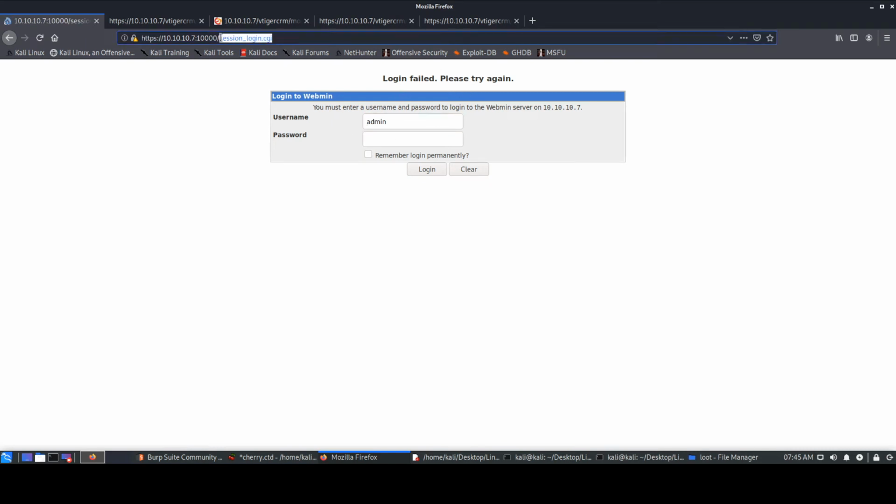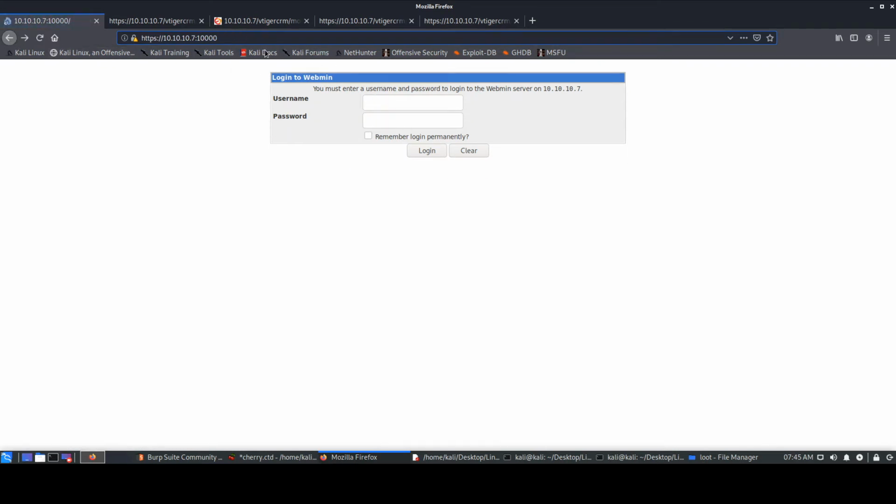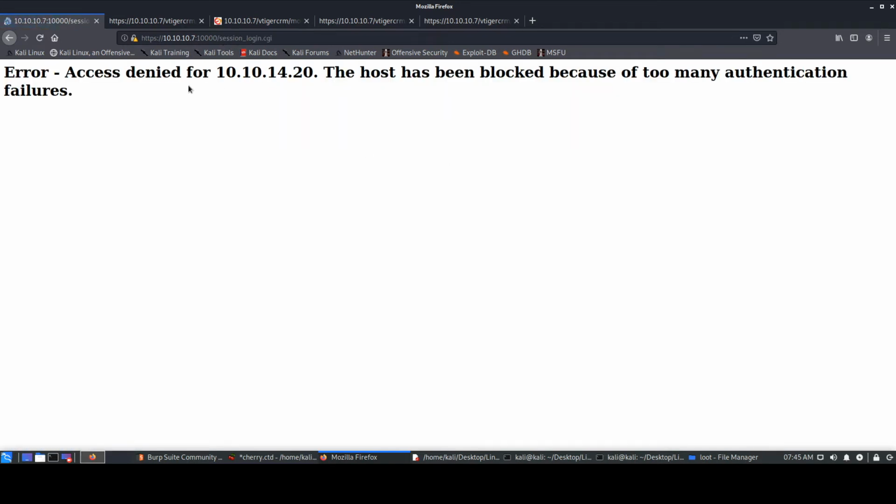And then later on it gave us some file which says CGI file. Earlier this file was not present. When I tried to log in over here, it does not show me this. But when I enter admin and try to log in, then it shows me a file over here, right? Okay, it says access denied because of too many authentication failures. Probably I got blocked for logging in. But it gave me this file location over here which says CGI present, right?